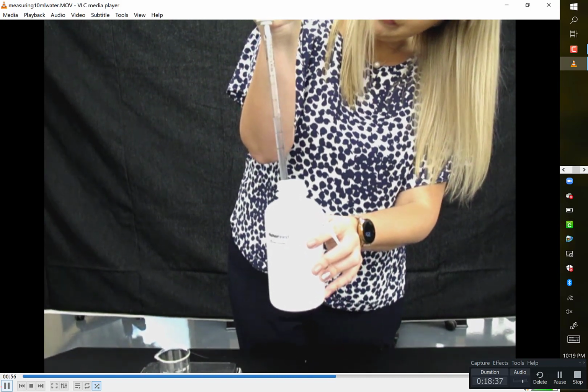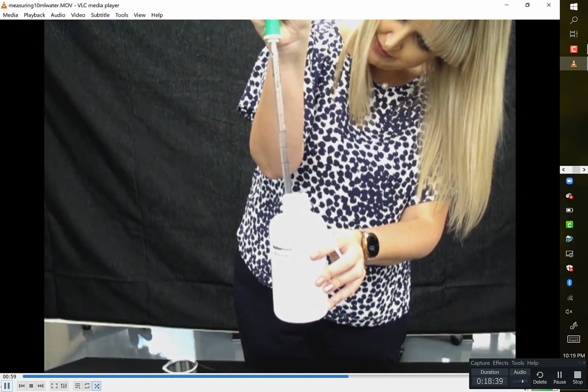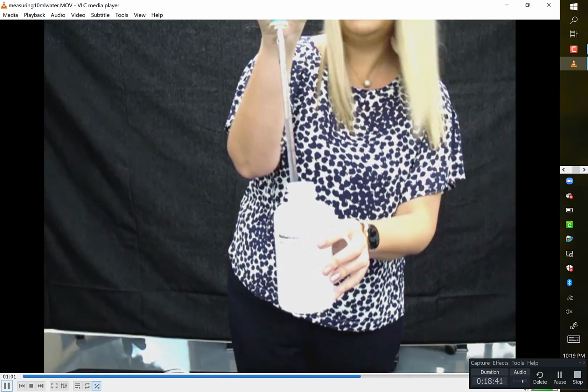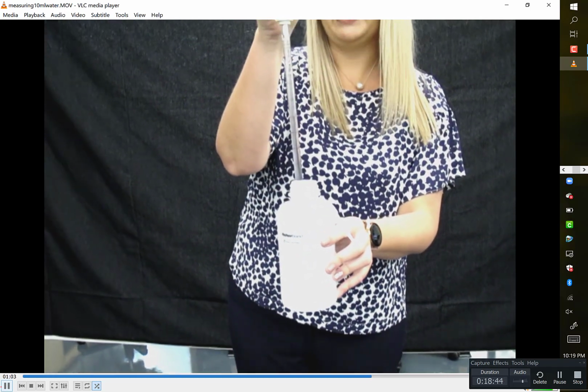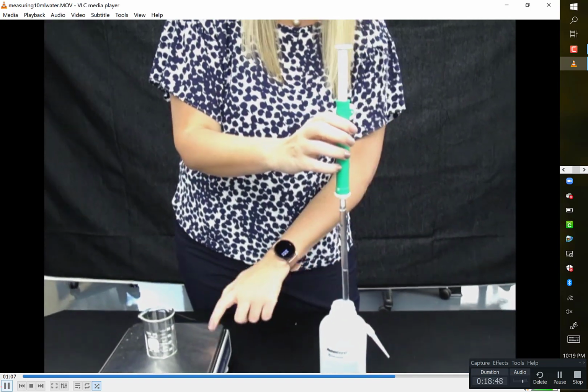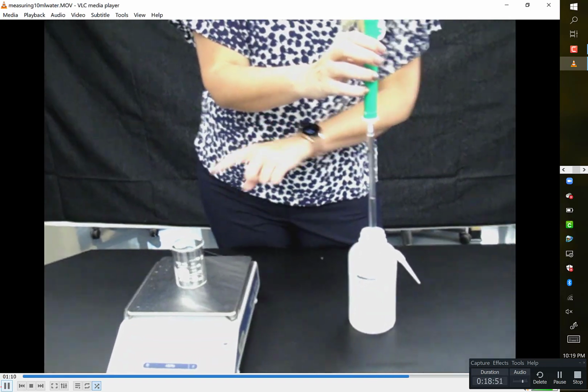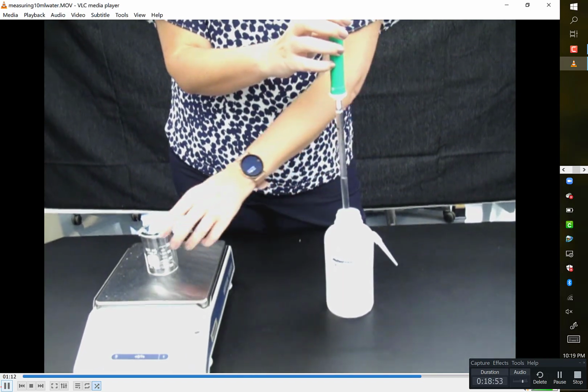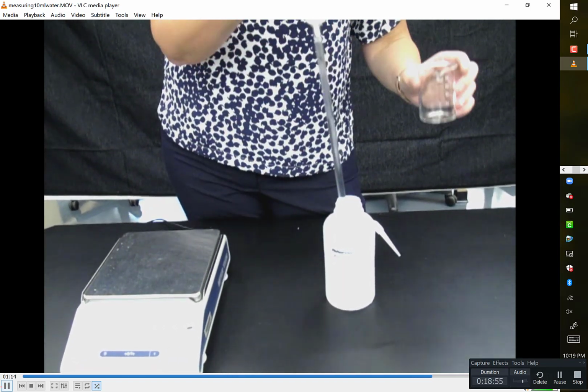So I want the meniscus, the bottom, to be at the 0. So it's set at 0. So now I have my 10 milliliters of water. And you can see that on the scale here, we had recorded the weight of the beaker by itself. So now we're going to add the water to the beaker,